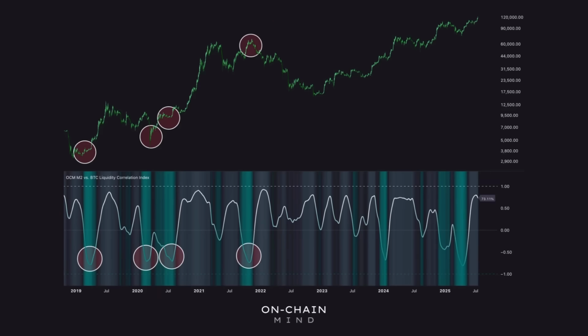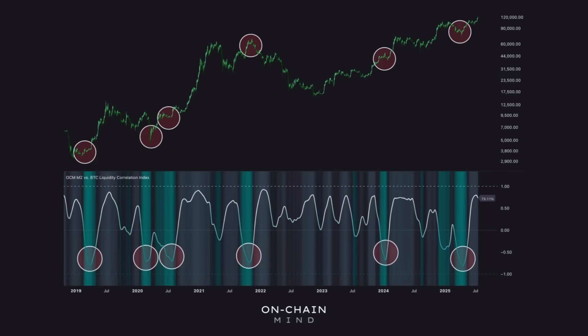The next dip in correlation is an outlier and is actually quite interesting. This time, Bitcoin's price pumped far harder than liquidity was growing. If you were around then, you'll remember this final pump was often called a dead cat bounce by many analysts. It was short-lived and, for many, signaled the last point of weakness before the bear market truly set in. This shows the signal isn't just about spotting opportunities where Bitcoin's price can grow. It also acts as an early warning when liquidity is drying up and Bitcoin's price isn't following suit.